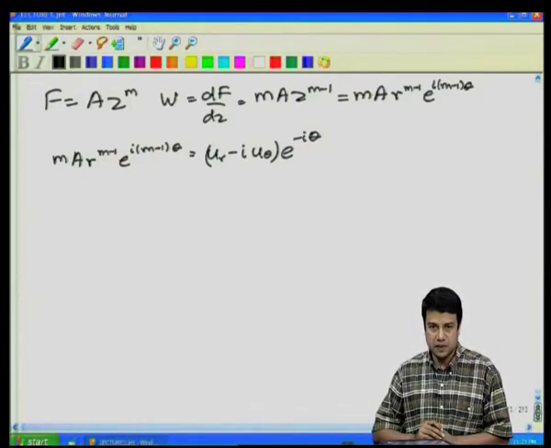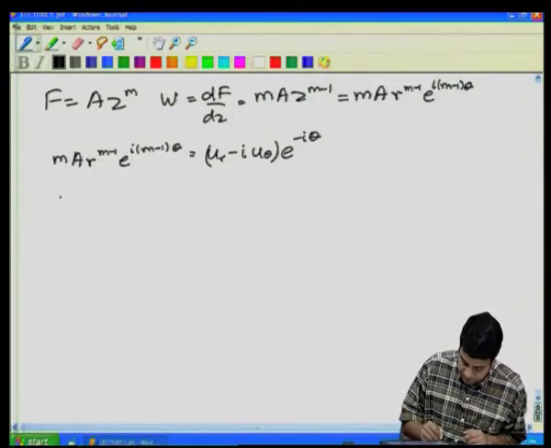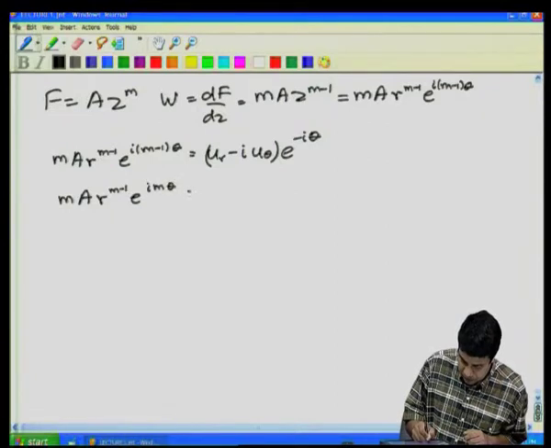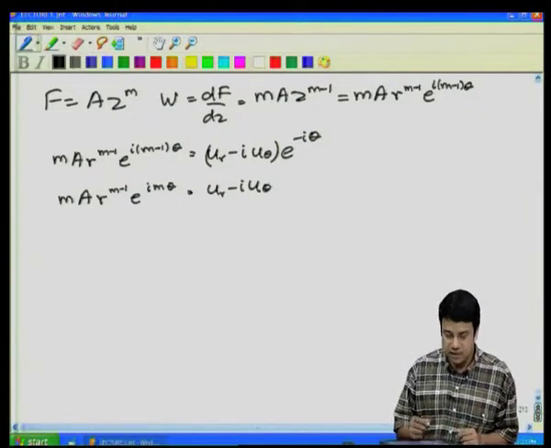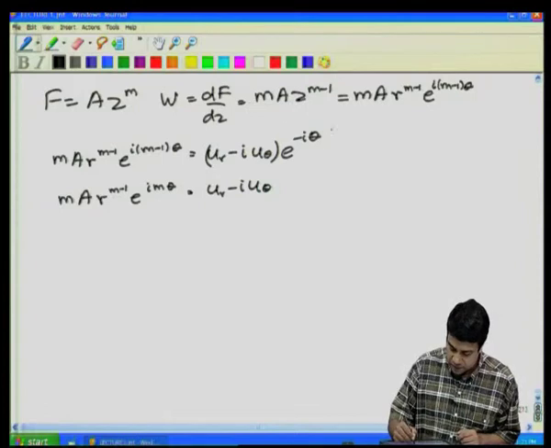Divide both sides by e power minus i theta to obtain u r minus i u theta. Okay. What this means is that the velocity is defined by